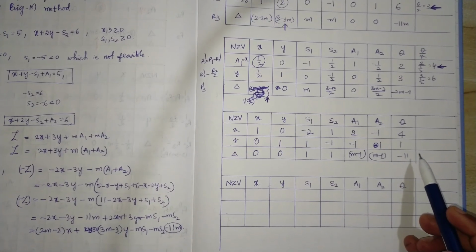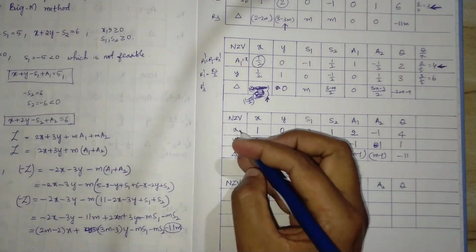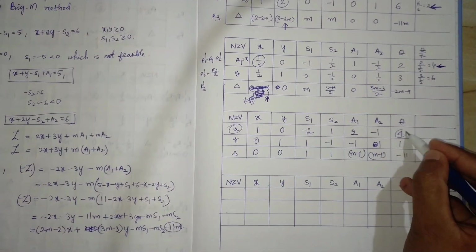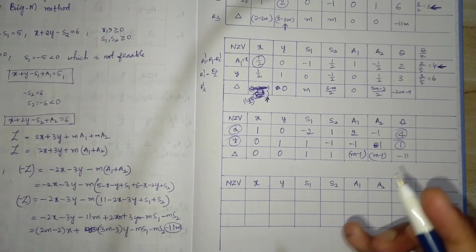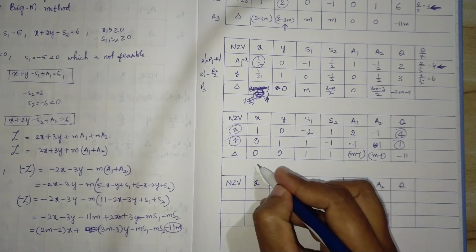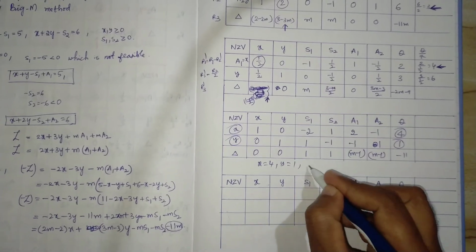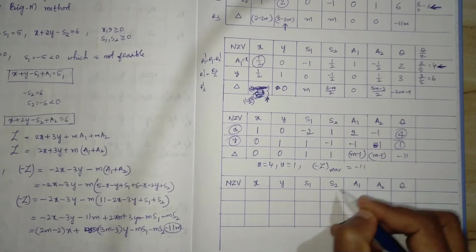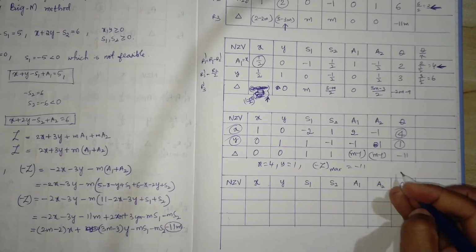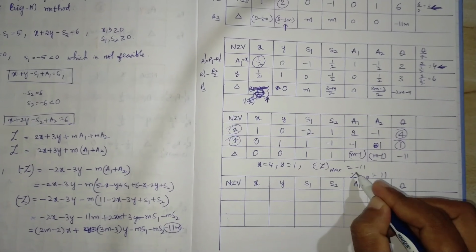So what happens here is the optimum solution exists here. So x equals 4, y equals 1, and we calculated this maximum value of minus z. So x equals 4 and y equals 1, and minus z maximum is what? Which is minus 11. So minus z maximum is nothing but minus 11, so what is the z minimum? Let us multiply by minus. So z minimum is what? Which is